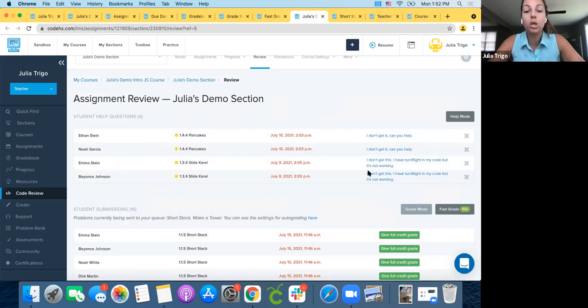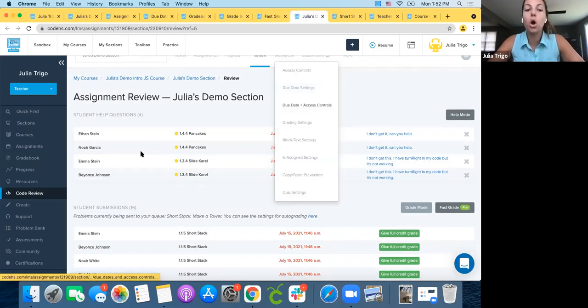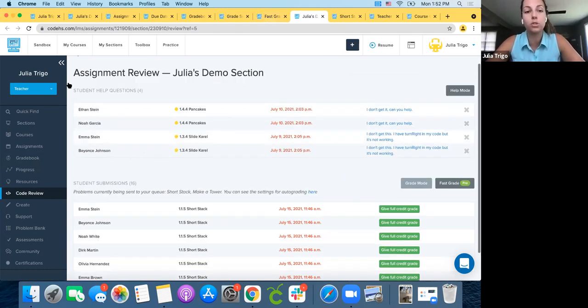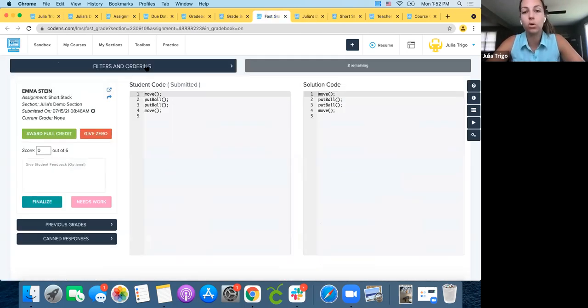The page will look the same, but you will be seeing all of the student submissions just based on when they submitted it. So if Emma has been working this weekend and just made up a lot of assignments, you'll have all of Emma's assignments, if she completed them one after another. Those are just going to come up based on the time that they were submitted rather than the specific assignment. You can use some filters to change that, filters and ordering,